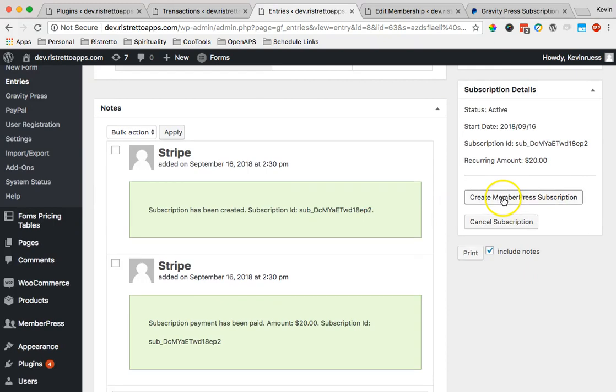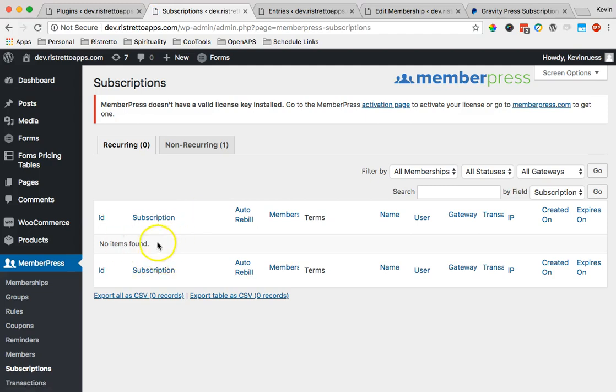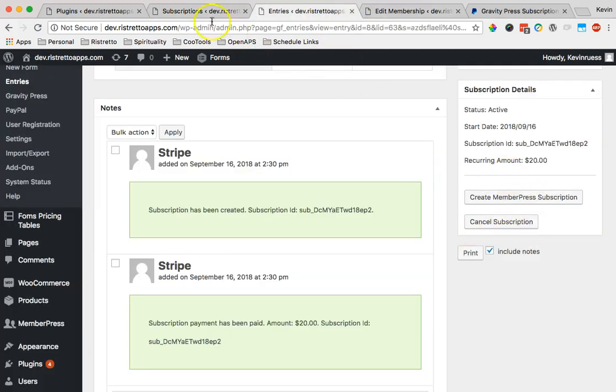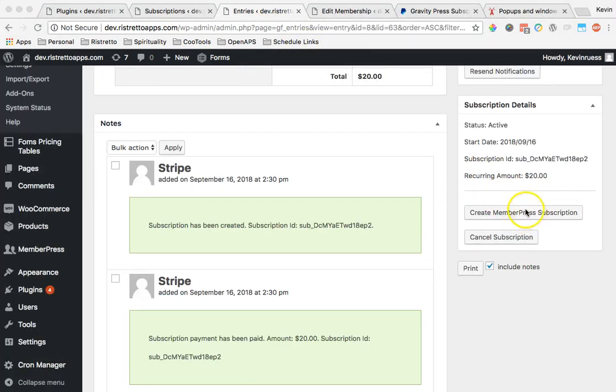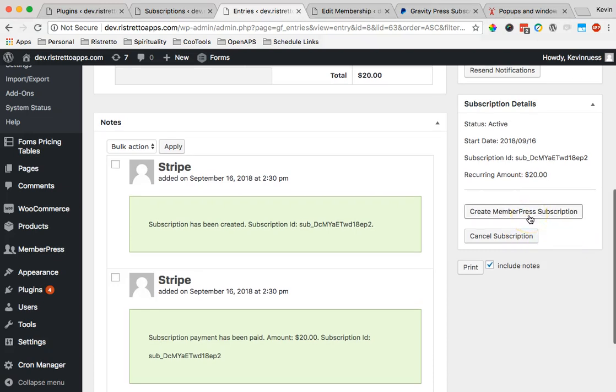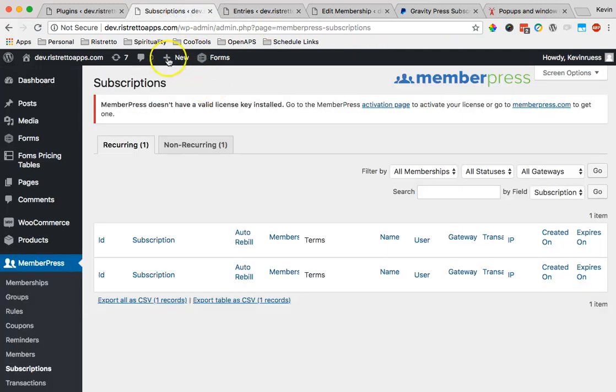Basically we put a button here called Create MemberPress Subscription. Now this button will only appear here if there's not a matching subscription already. So if there's already a subscription, meaning if you did this through Gravity Press 2.x, then this button on this entry will not even appear. But because there's nothing here for this particular customer, we see this button appear here. So all we have to do to make sure that there's a subscription for this particular user for this particular level is click the button, and once we do that, if we don't get any errors, just refresh this page